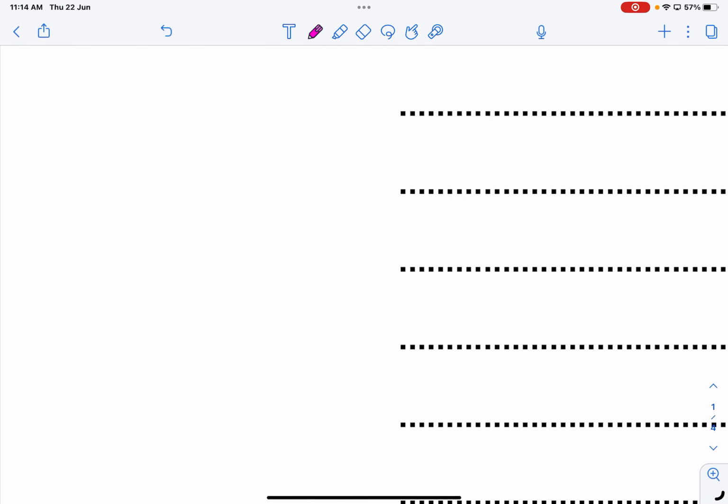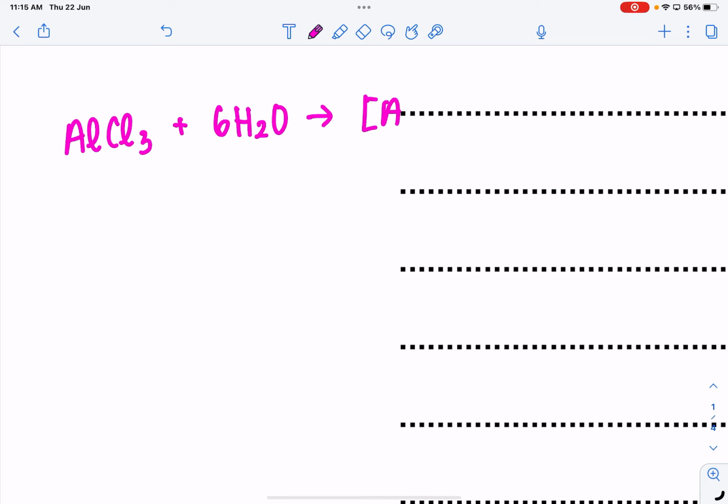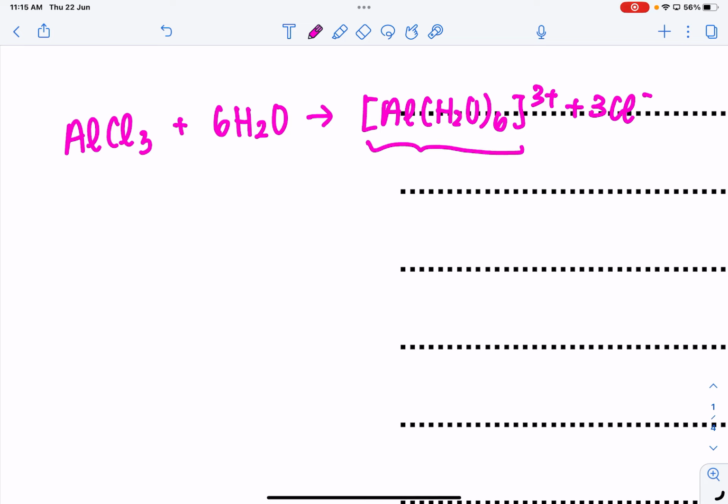So now let's say we look at Al2O3. When they add to water, your aluminium and your water. So maybe we use AlCl3 instead, since you're here. So we add to water, we'll add 6H2O. It forms your complex ion. So in this case, it will form your Al(H2O)6 3+ plus 3Cl minus. This one can understand, right? So 3Cl minus. However, because your Al has a very, very high charge density,